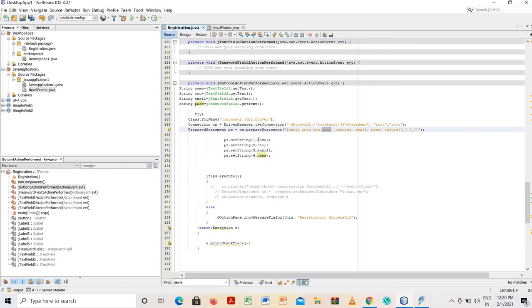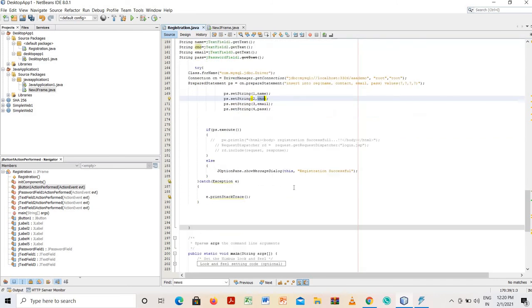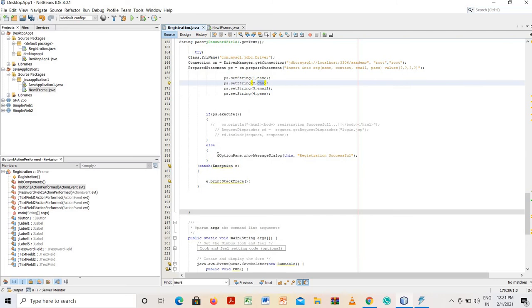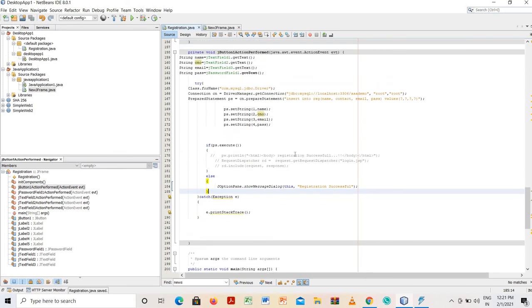So this is for the first column, insert name. For the second column, which is contact, insert C number, which we have taken from jTextField2. In such a way we have to fill this. And to print in this Windows application we have to use this: registration successful. So everything is all right.